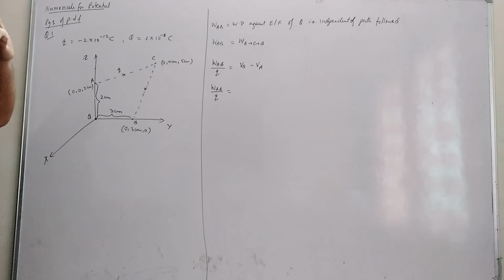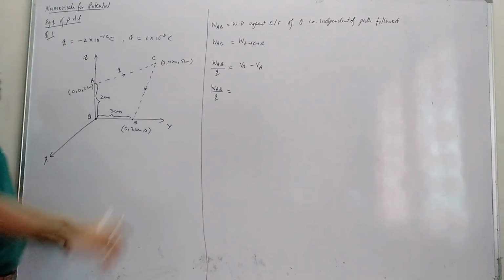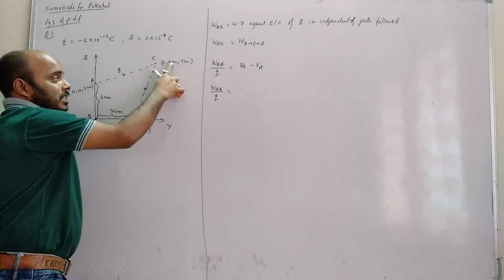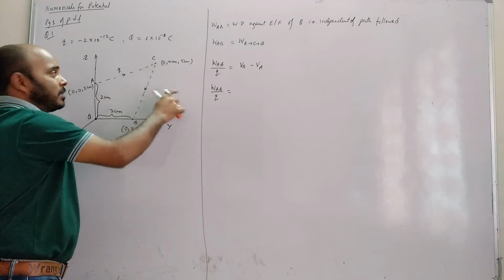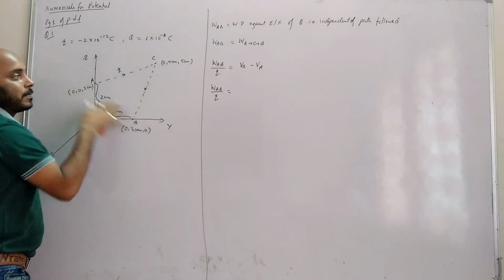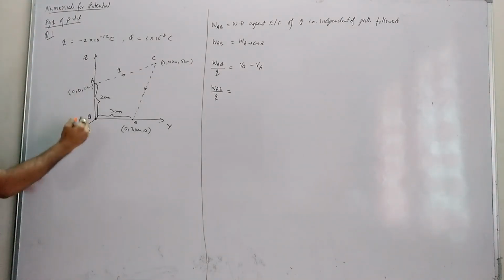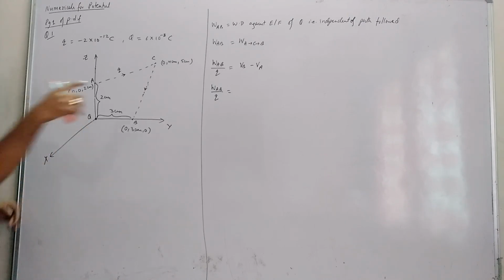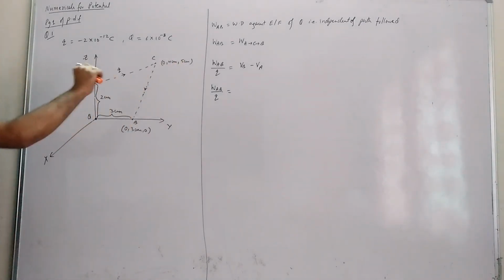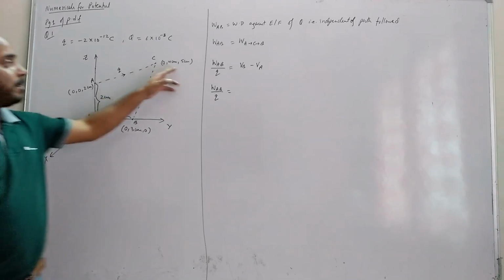Okay. Now we have one more point C, 0,4,5. That means it has a y coordinate and a z coordinate, that means it is in the yz plane. This point will be here, not in space, because I have already shifted x here. That means if I showed z here, then this point would be impossible to plot on the 2D figure. So it is the yz plane. This yz plane is here.